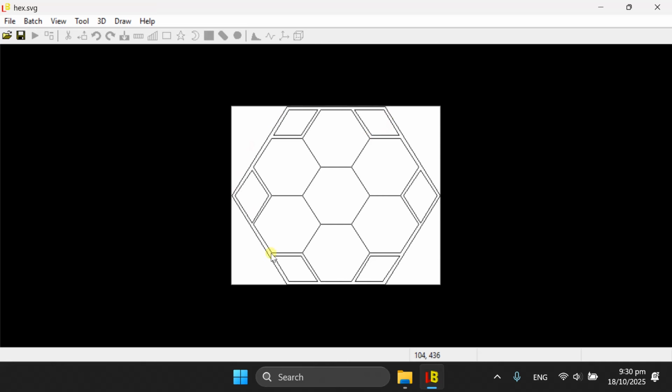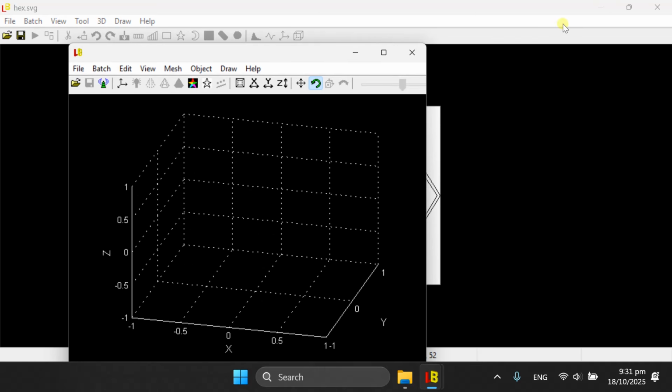I want to make the hexagon a little bit more complicated, so I have a big hexagon as the outermost rim. I also have several polygons in the rim, and I want to show you what the LuBan wormhole feature would do to process this image. Go back to the 3D window,